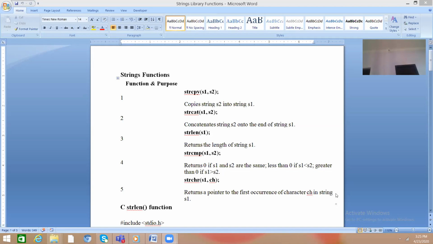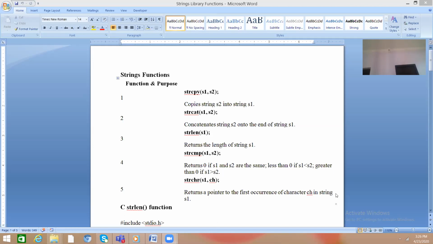Every time nobody wants to write the code for calculating the length of the string, so generally we use the strlen function. Strlen is the function for string length, and it is used like this: strlen, then in brackets you write your target string for which you want to calculate the